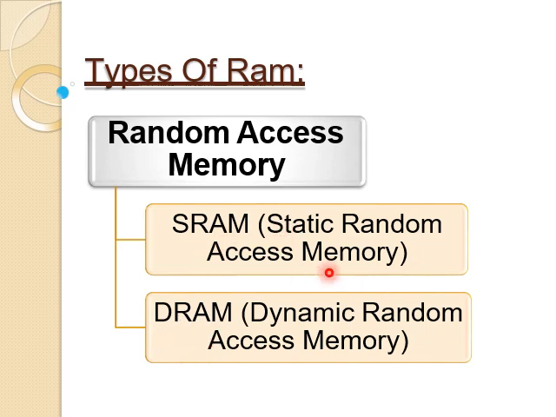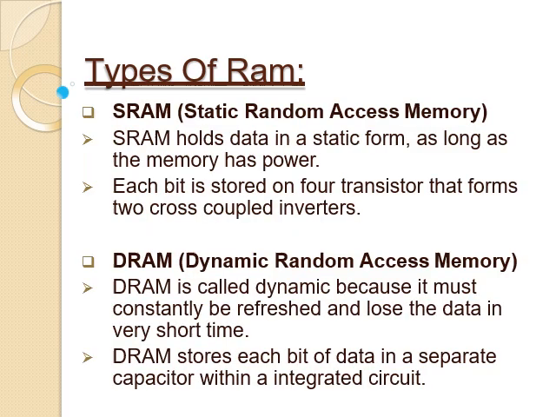static random access memory and dynamic random access memory. Memory can be either static or dynamic. So first, let me talk about static random access memory. SRAM holds data in a static form as long as the memory has power. It means static memory preserves the state as long as the power is turned on, and these are built by